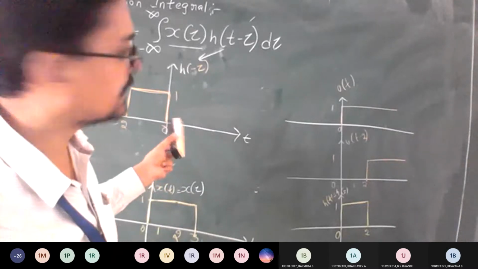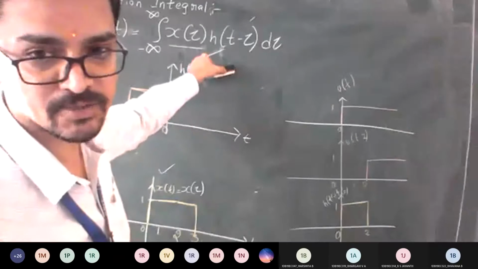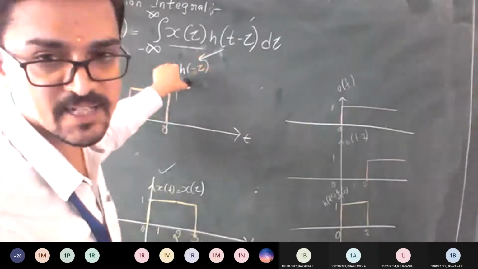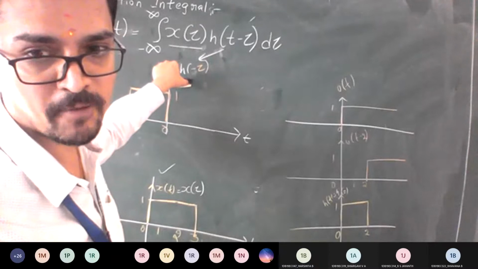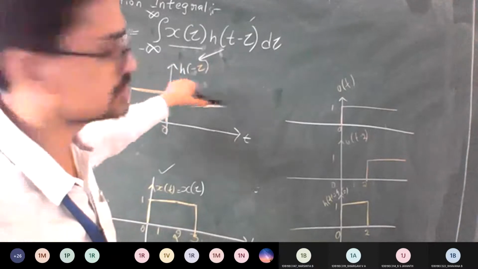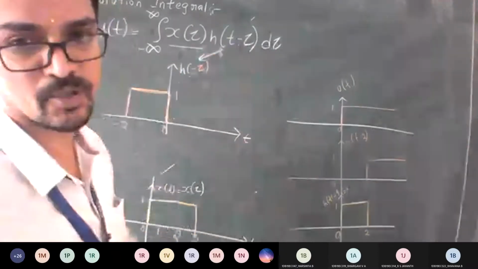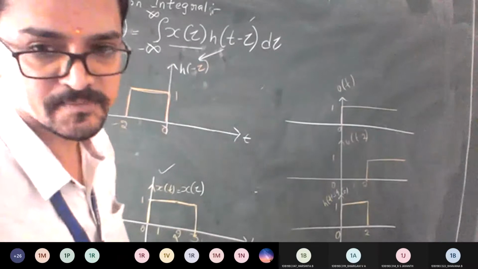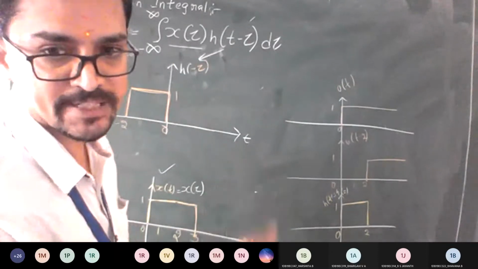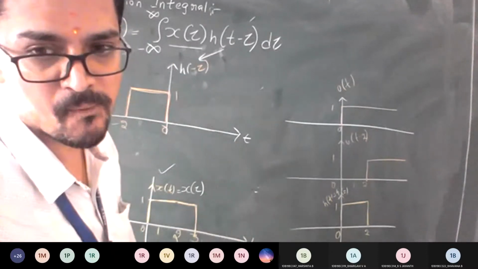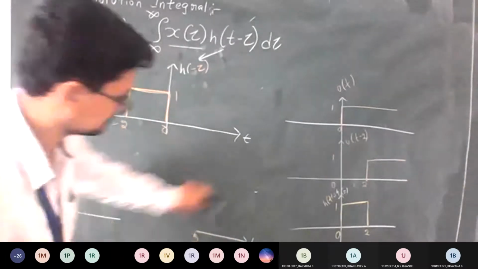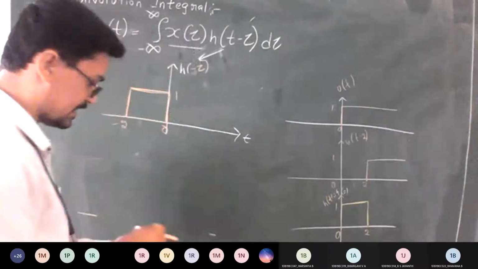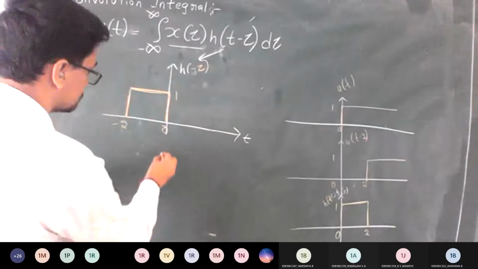So for this, I need to plot h of t minus 2. As I told you, you can give t any value and you can write the waveform. Since we want a generalized t minus 2, what values can I consider here? I am just assuming t should be t only. Okay, so how to get the new sketch now? Let me write, and you check whether it is right or wrong.